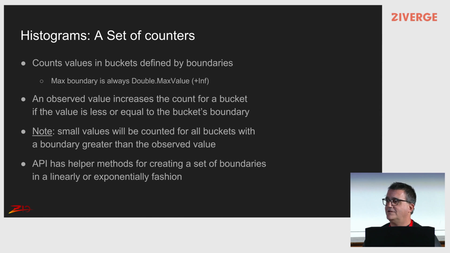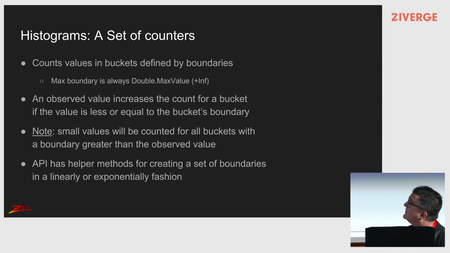We speak of a histogram as a set of counters, where each counter is defined by a boundary. If you observe a value with a histogram, all the buckets that have a boundary greater than the value observed are increased by 1. So it's very important to note: